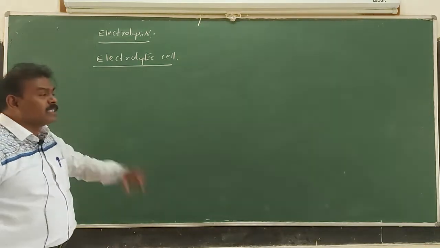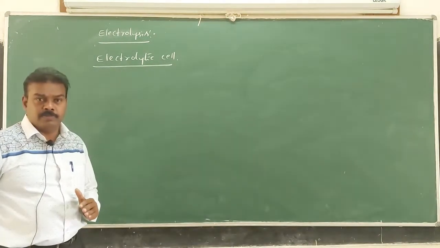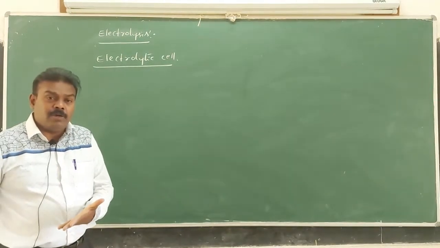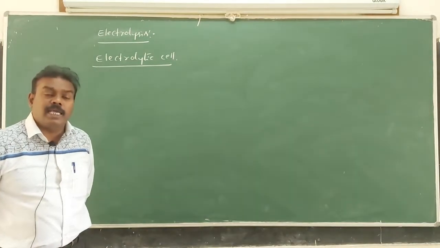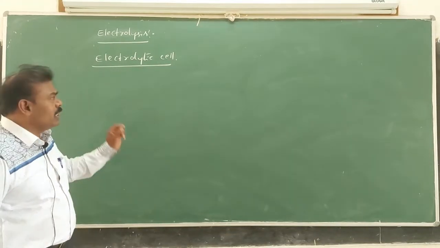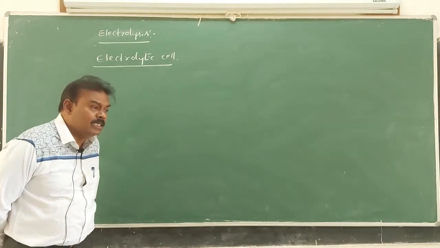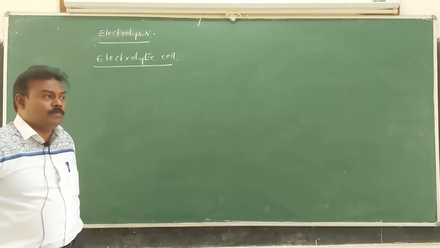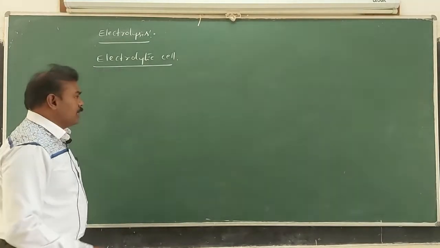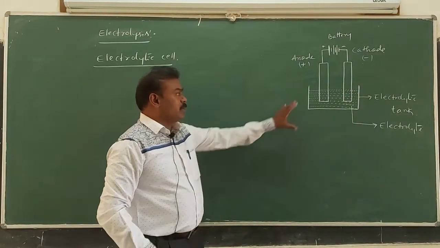What is an electrolytic cell? An electrolytic cell means the device in which electrical energy is converted into chemical energy. Following all of you? Now we will go through the concept of what an electrolytic cell is and how it is useful. We will just go through the diagram also, by means of which we can understand the concept of electrolysis.